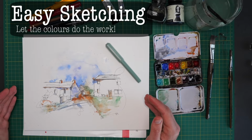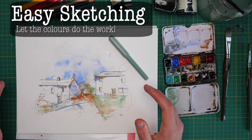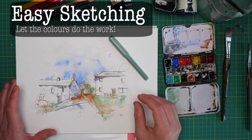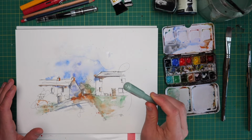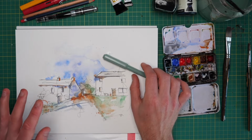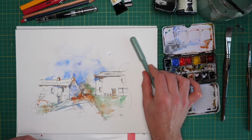Today we are letting the colours do all the work. This is a loose and quite abstract in terms of the colours sketch. We'll use a continuous line, some grey ink to keep it nice and soft. And then we're just going to wash over 4 colours just to show you that you don't need to carry